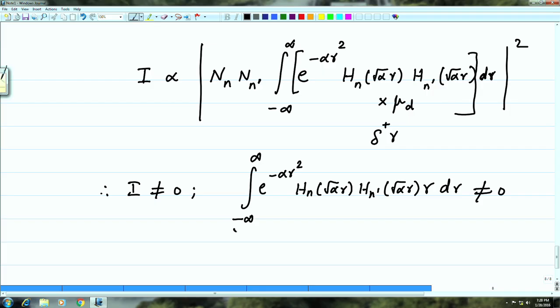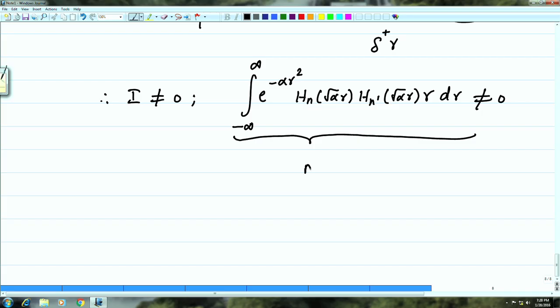Therefore, calculation of this integral tells you that if n and n prime are adjacent to each other, namely if n prime is n plus or minus 1, this integral is non-zero. This is called the probability amplitude